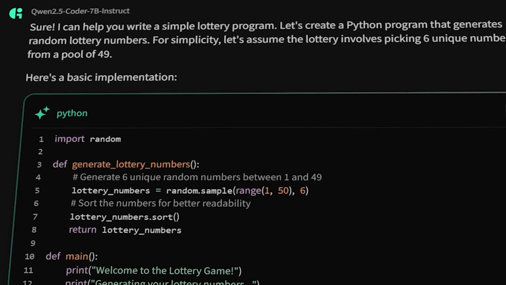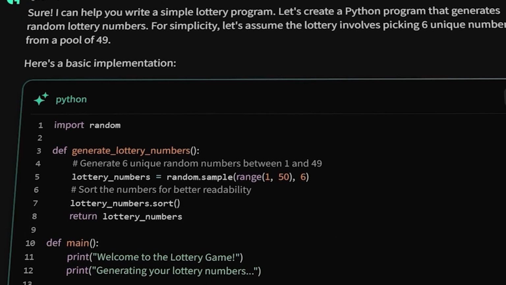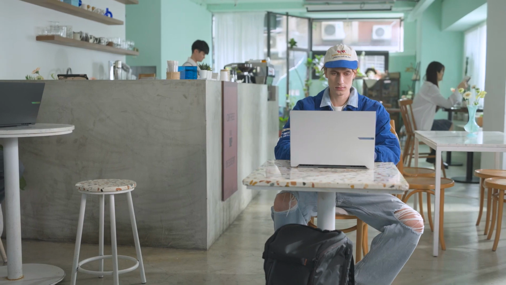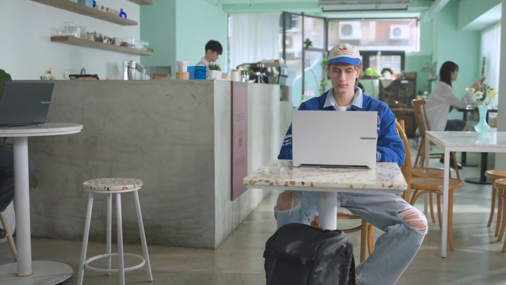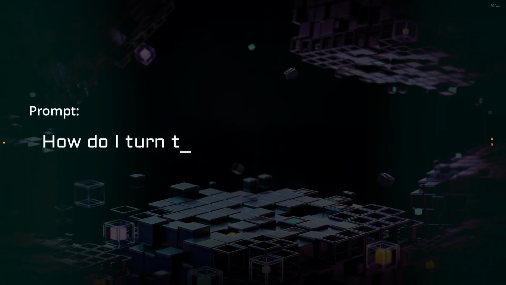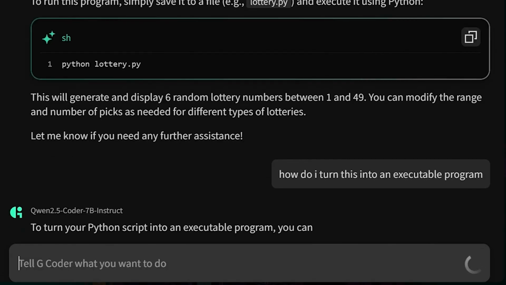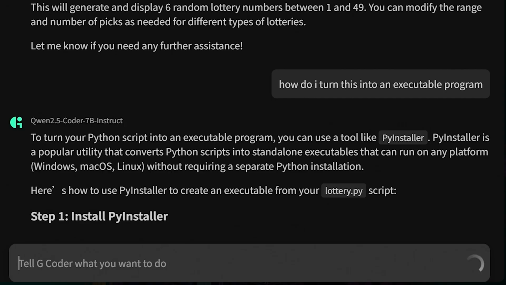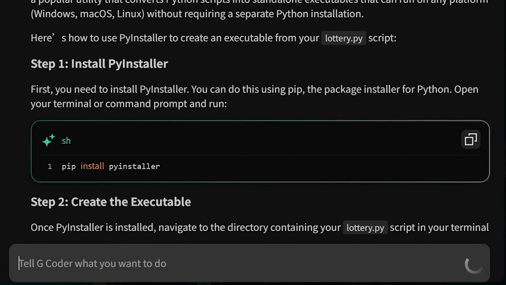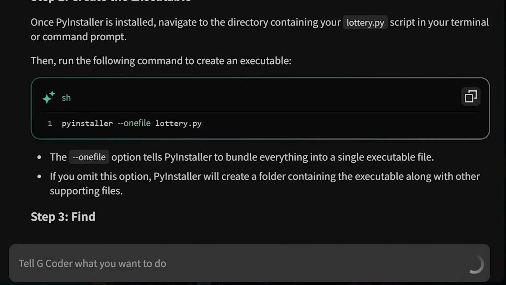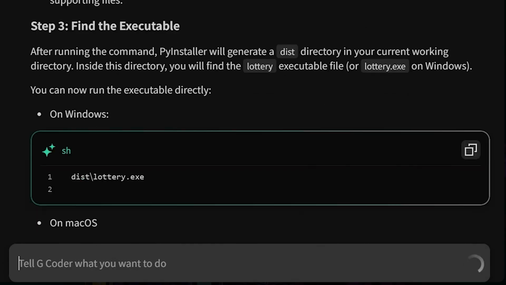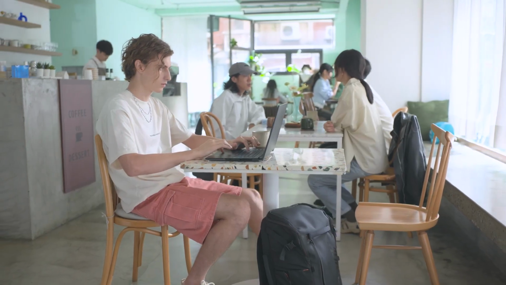Now we've got the code, but what if you're not sure how to actually run it? No problem. GiMATE Coder isn't just a tool. It's like having a personal mentor. Just type, "How do I turn this into an executable program?" It will give you a simple step-by-step guide to get everything up and running. With its powerful built-in LLM, it understands exactly what you need, taking you from a single line of text to